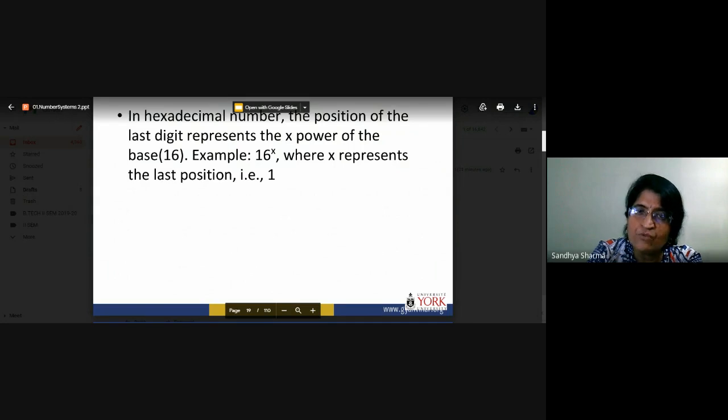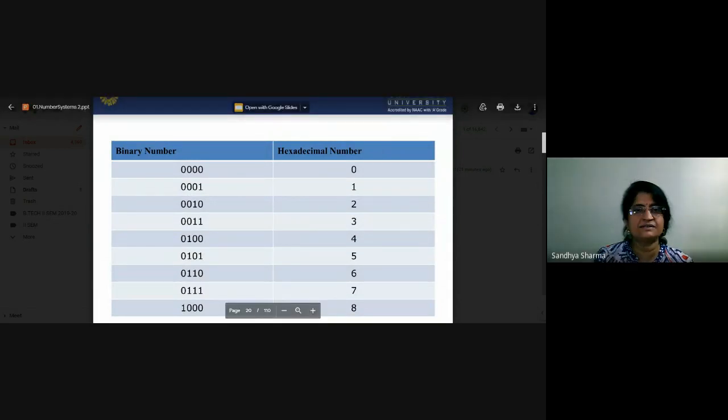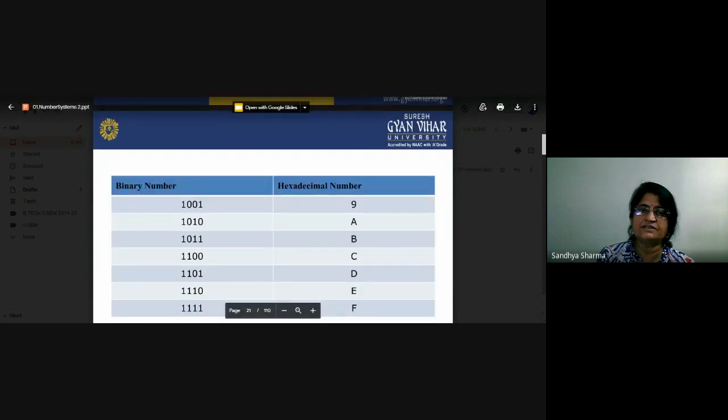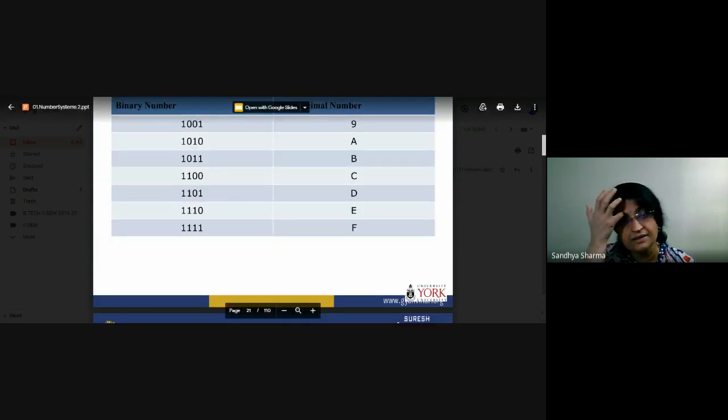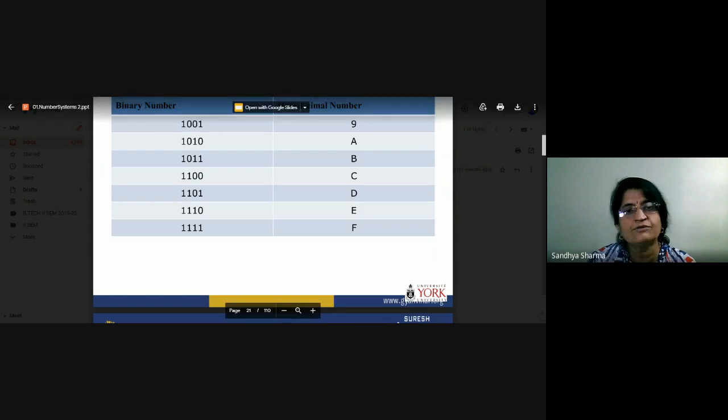Now we will move to the conversion. This is the basic introduction to the 4 types of number system. Now we will see how we can convert our number systems. First of all, there are again 4-bit combinations of the hexadecimal number system. These are the different combinations, and the 4-bit combinations are used to represent the 0 to 15 symbols of hexadecimal. We have to remember which combination represents which hexadecimal number. This is basically a certain flow of binary combinations, and by using these combinations we can represent our hexadecimal numbers.